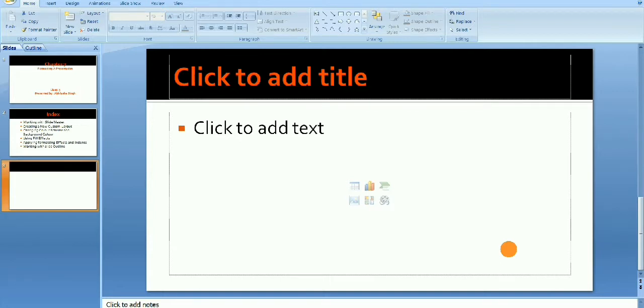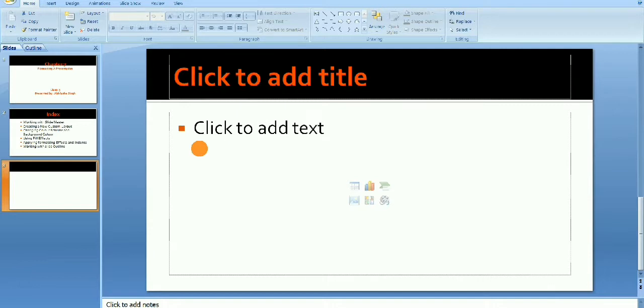Now we are going to see how many placeholders are there in Slide Master. Basically there are two placeholders. First is the title text placeholder, second is the body text placeholder. In the title text holder, we write only the title of your presentation, and in the body text holder or placeholder, we can write the content of your presentation.